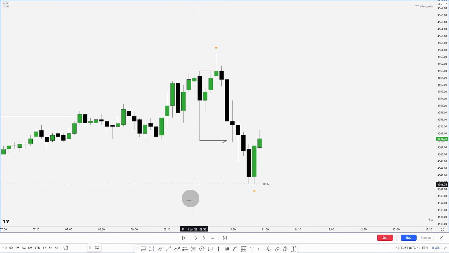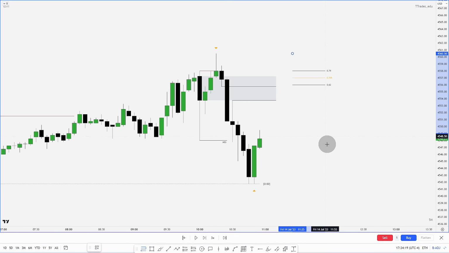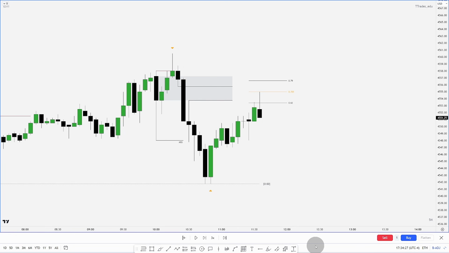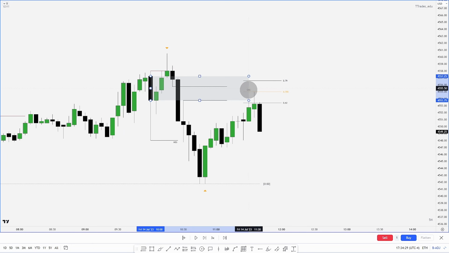We have a fair value gap setup right here, as well as a breaker block. For added confluence, if we take a fib from low to high, we can see we also have an OTE right in there. So letting this play out, you can see price comes over, touches the OTE in a fair value gap within the breaker block,